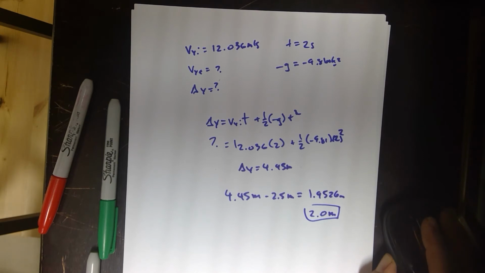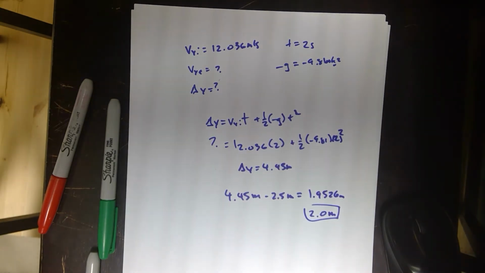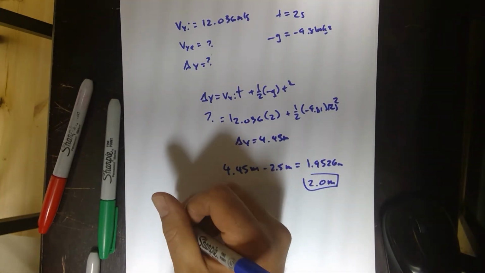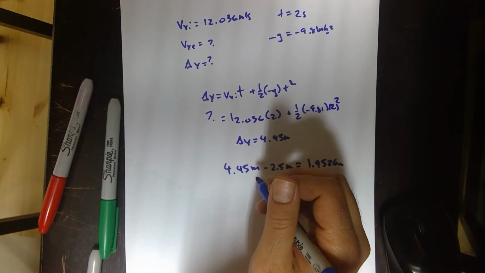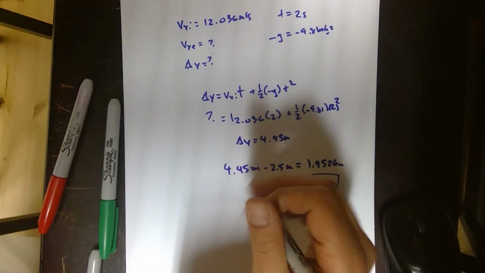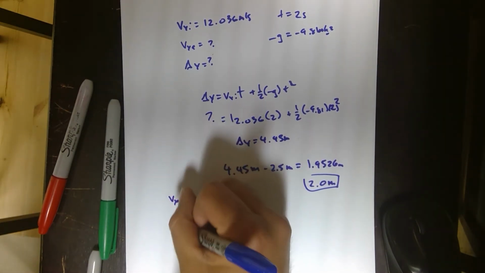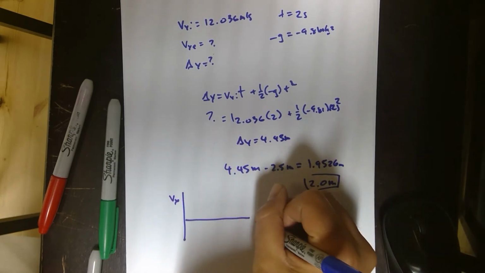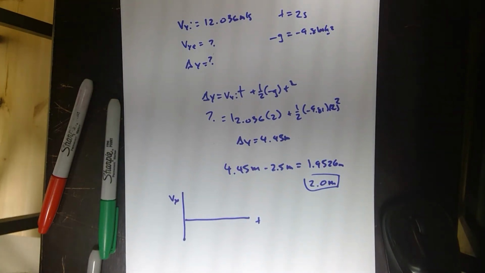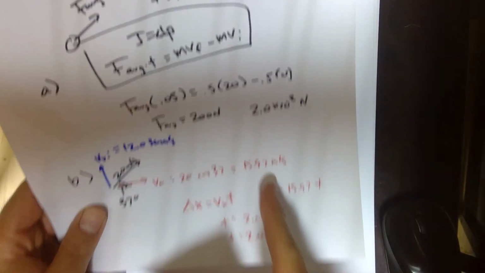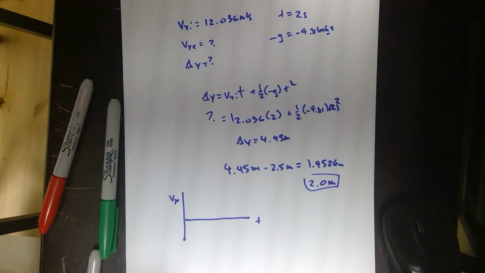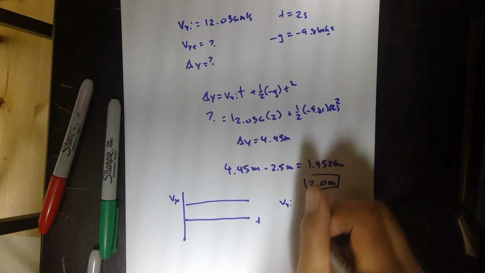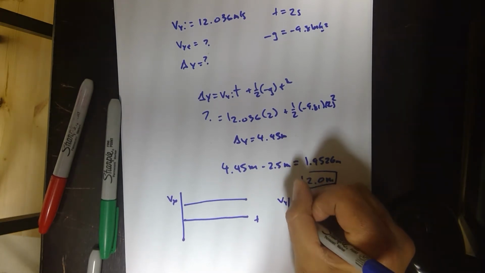After that, we're asked to sketch the horizontal velocity components and the vertical velocity components. So essentially, the horizontal velocity should be a set value, right? If we were doing Vx as a function of time, it was just the 16 meters per second, or approximately 16 meters per second. So I would expect it to be a straight line. With respect to the other one, Vy as a function of t,